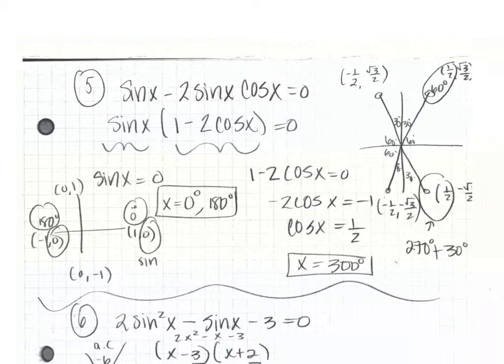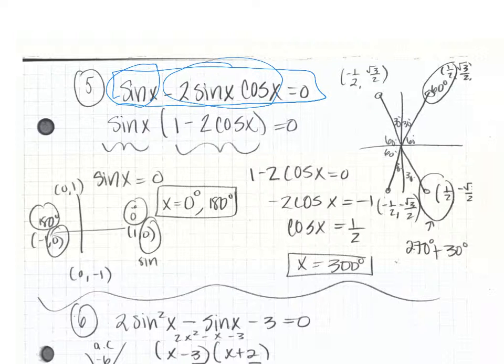For number 5, if we look at this, you first want to say, can I get everything on one side? And is there anything that I can factor out? So right here we have one term, over here we have another term. We can factor out sine x, so what's left is 1 minus 2 cos x. Then, once you set each factor equal to 0 and solve,